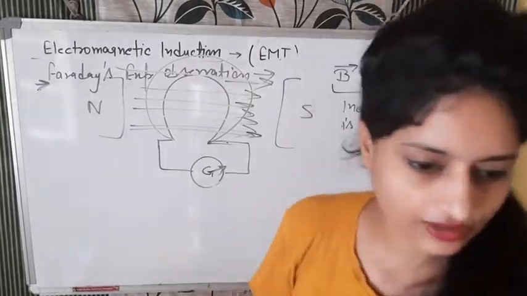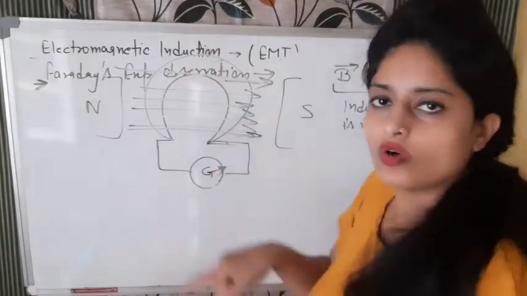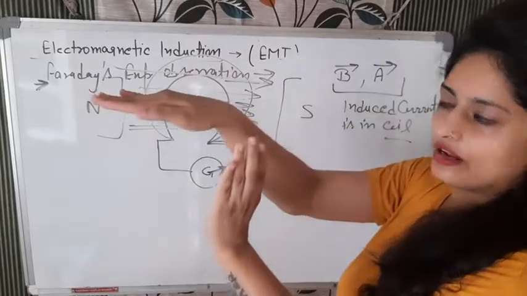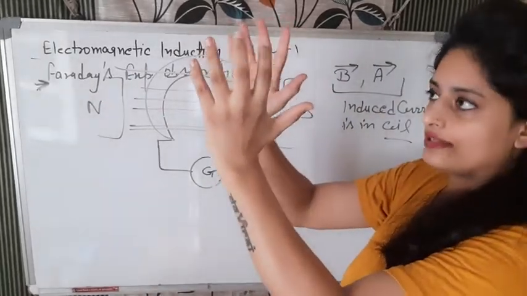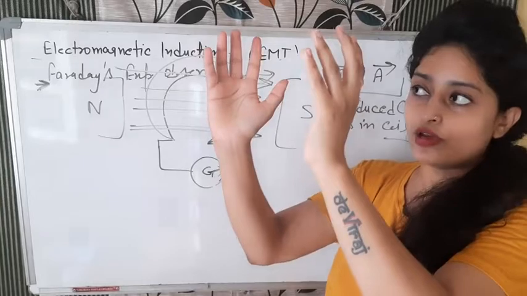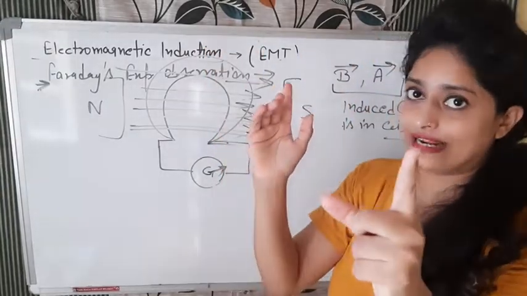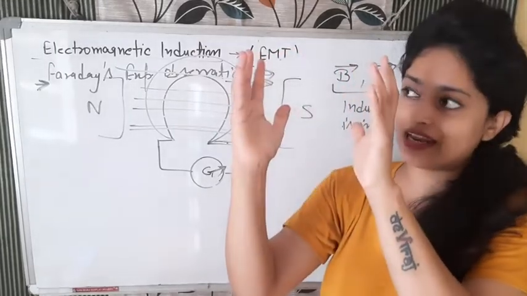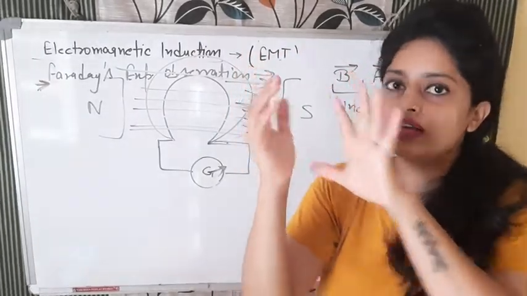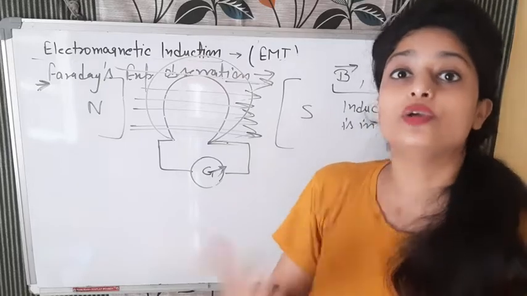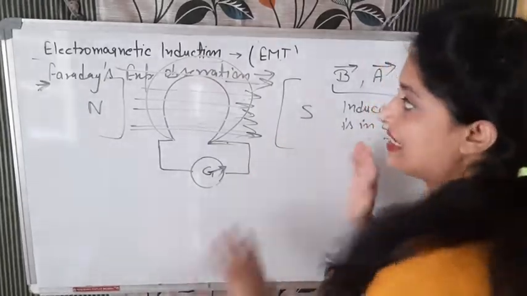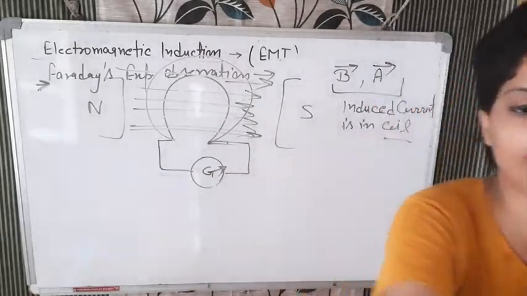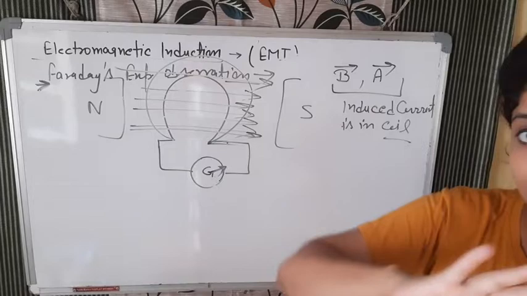See, for example, here is one coil and magnetic field lines are crossing it like this. Now you are moving this coil. When you are moving the coil, the magnetic field is constant, they are going like this only. Because of the change in area vector, current will again be induced there. So what did you observe? Even when you keep the magnetic field and area constant, current is still there. So current actually depends on these three factors in induced current.